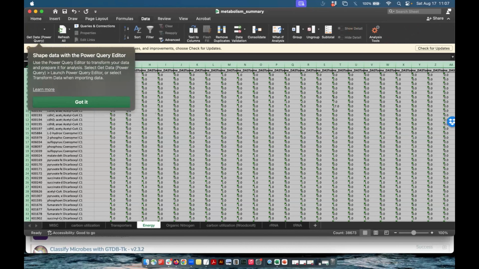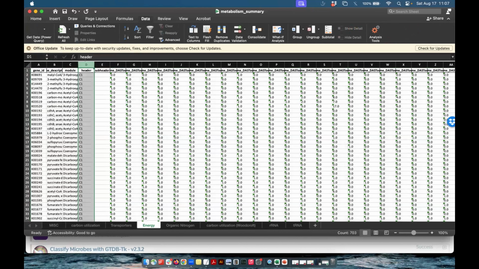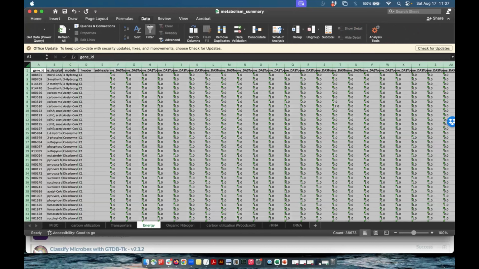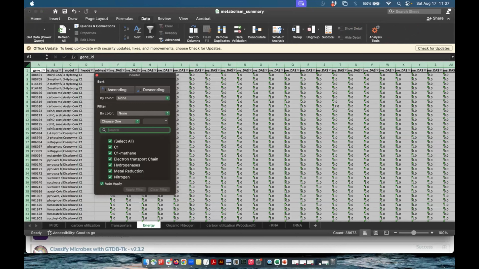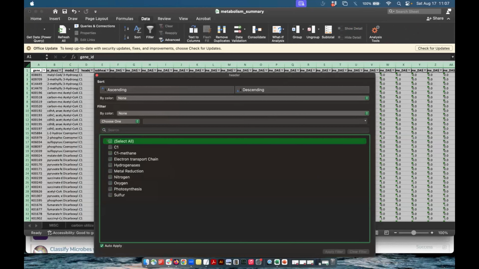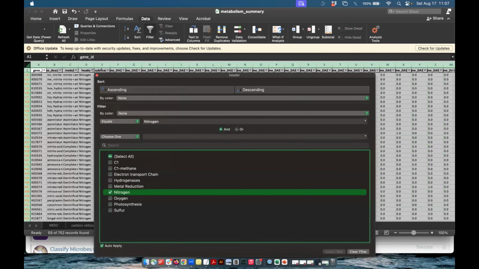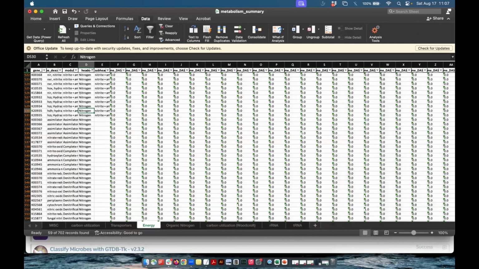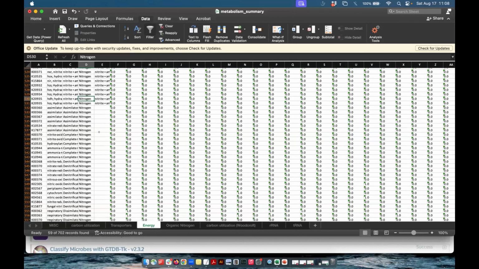We've set up these headers here and modules, so you can filter out the things that you care about. They're further broken down beyond miscellaneous, carbon, nitrogen, and energy. You can then say, okay, I care about energy, but I really just want to know about nitrogen metabolism. Then you can sort this, and now you have all the nitrogen. I'm on the energy tab, sorted by nitrogen, and I can see all the genomes with the capacity for nitrogen metabolisms easily,